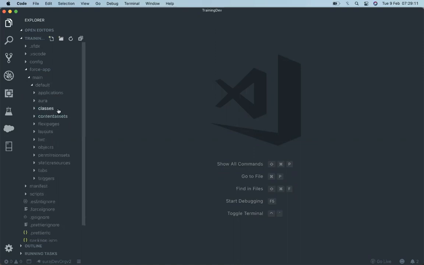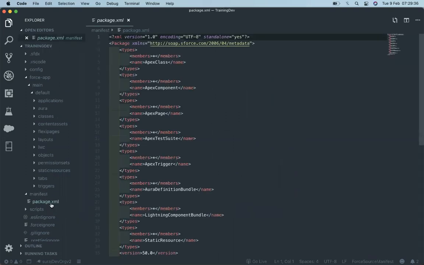So what you have to do is import all your files into VS Code. For importing, the important thing is that package.xml is an important file for making a deployment to Salesforce, retrieving metadata from Salesforce, or deploying the metadata. For that, package.xml is a very important thing. If you open package.xml, you will see it mentions the configuration of what we have to import or deploy.